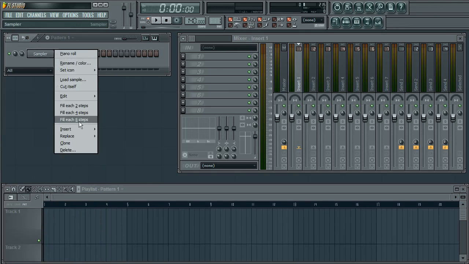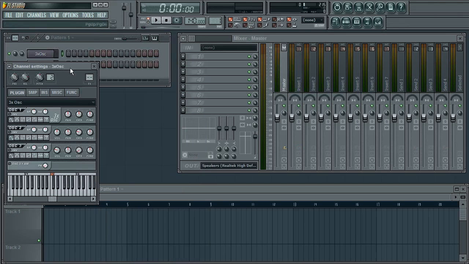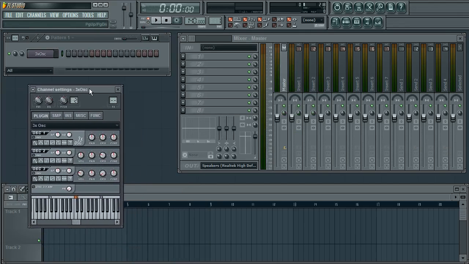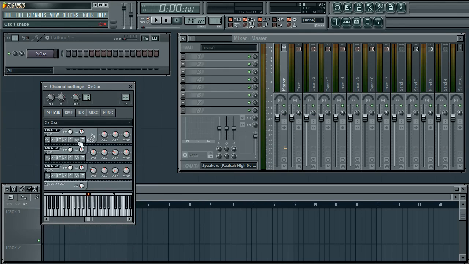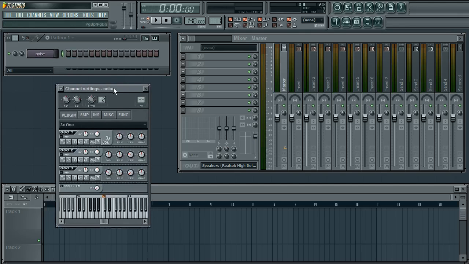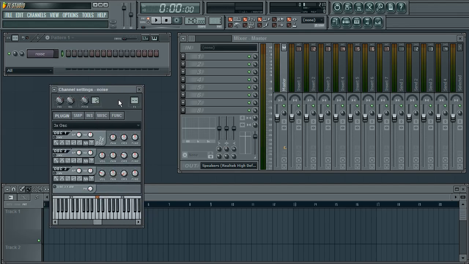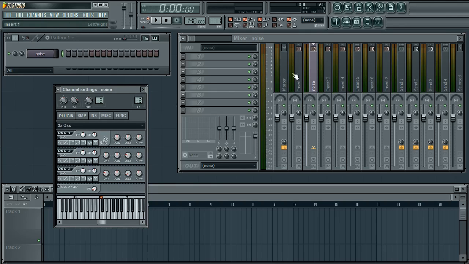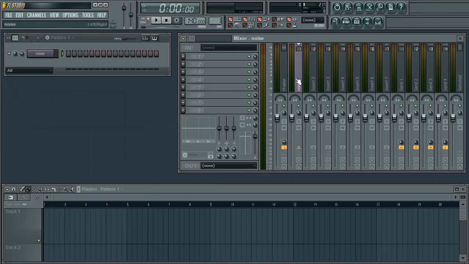So first let's go ahead and pop in our famous triple oscillator. I'll just delete this old one here. I could have replaced that, but anyway, let's put all the oscillators to the noise shape. I believe it's called noise. Rename this to noise, and also open up the channel settings and hit Control L. It's a nice little shortcut to send it to a new mixer track,